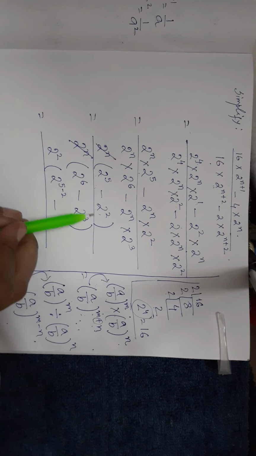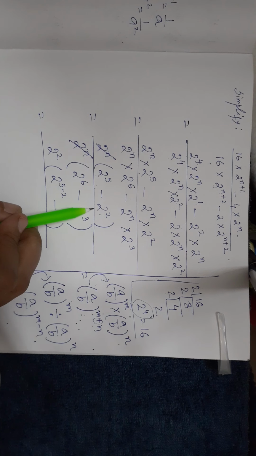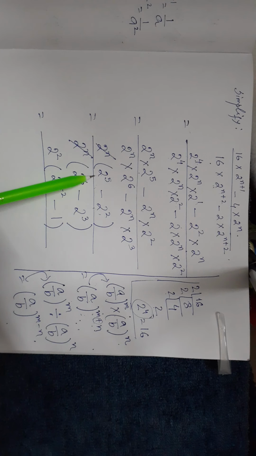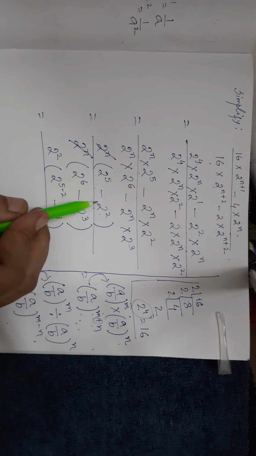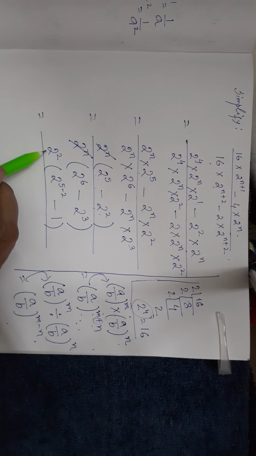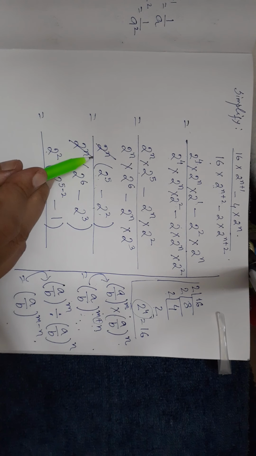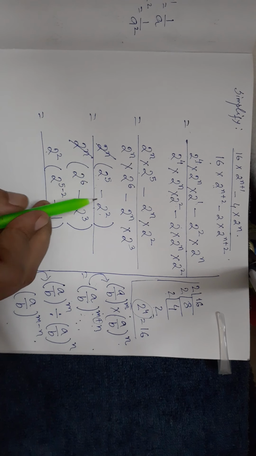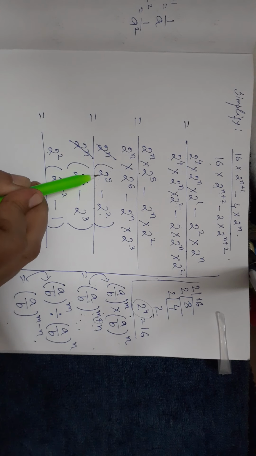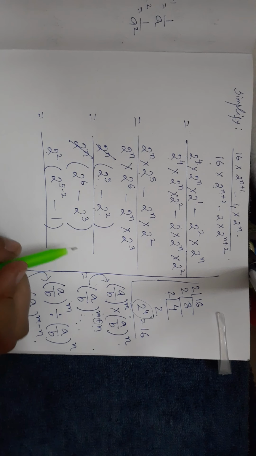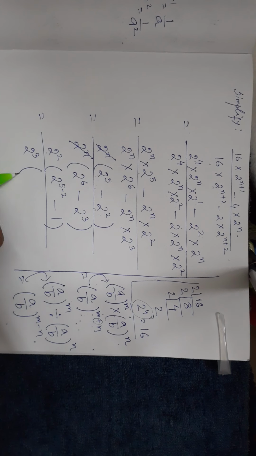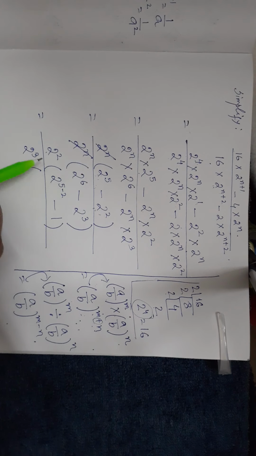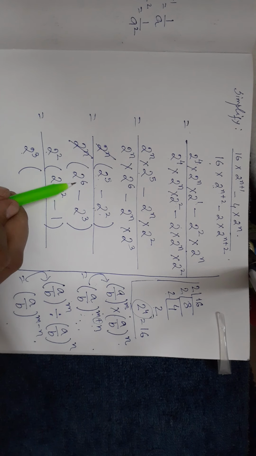Here basically we are taking out this 2 raised to the power 2 common. You know how to take common, and while we are taking this one common, we are taking common from here also. So we are taking out this 2 raised to the power 2 outside the bracket as a common, from this and from this both. Similarly this will be 2 raised to the power 3. We are taking common, means we have to take 2 raised to the power 3 from here also.